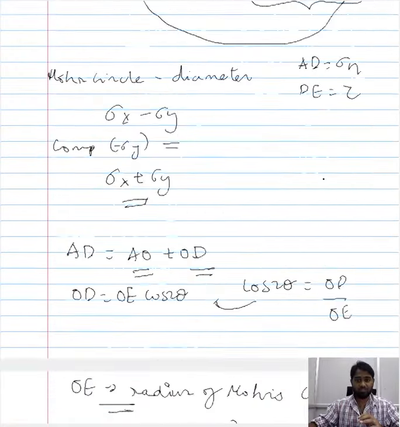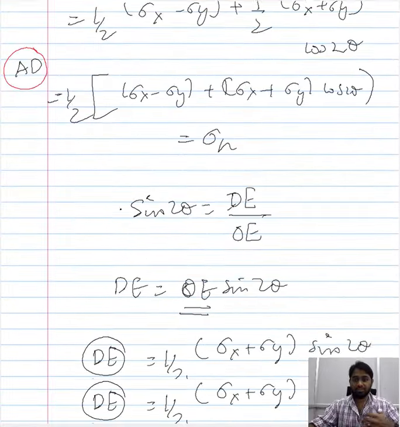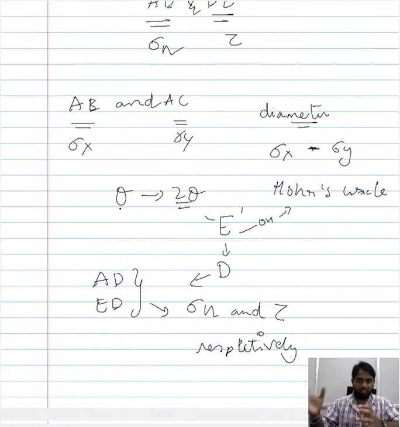So in both these cases we have considered the same set of segments AD and DE. Even in the biaxial loading condition we consider this, even in the condition of compression and tension we consider this, and both were able to give us the expressions that are consistent with the normal and shear components of stress. So this is the importance of the Mohr circle, and in the subsequent lecture we will move away from this discussion into a rather different topic that is also a critical part of the mechanical behavior of materials.